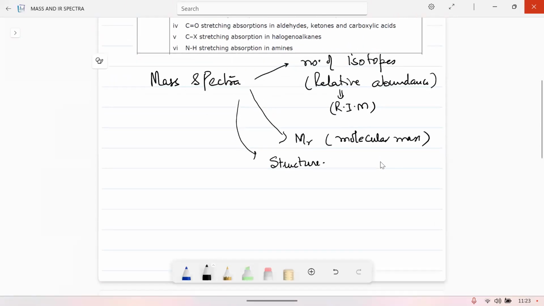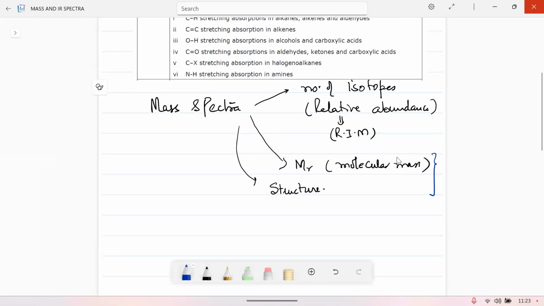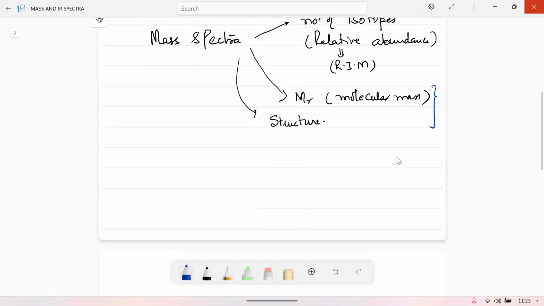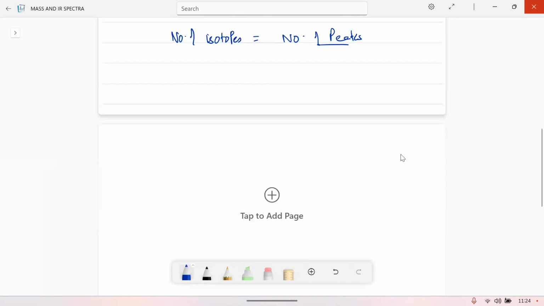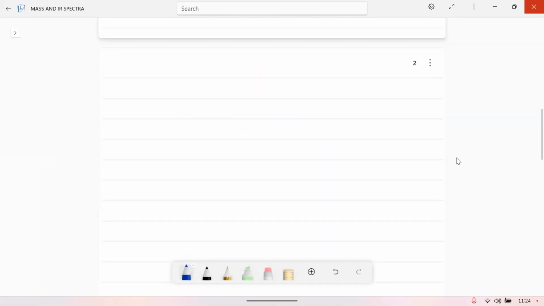Now, right now, we are going to focus on this. Number of isotopes, you know the number. How will you know the number of isotopes? Number of isotopes will be equal to the number of peaks. So how many lines or peaks you have, that gives you the idea of the number of isotopes. And you have done the calculation for relative isotopic mass, so I'm not going into that. Our main focus over here is,